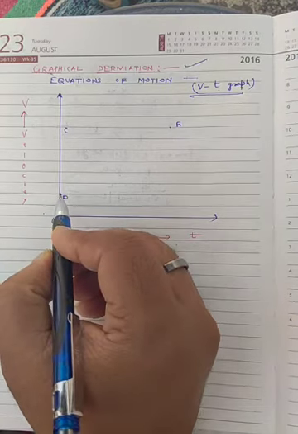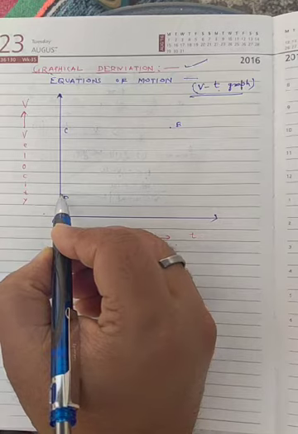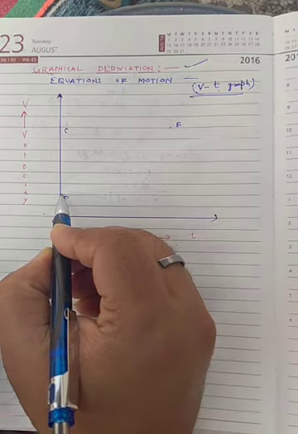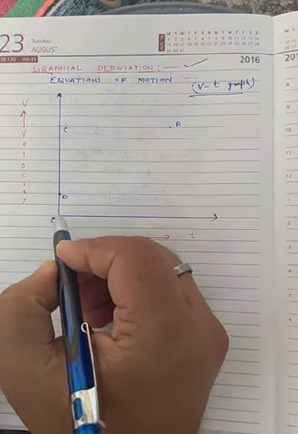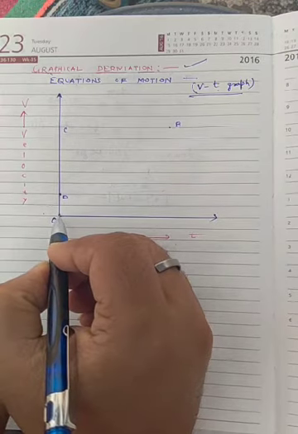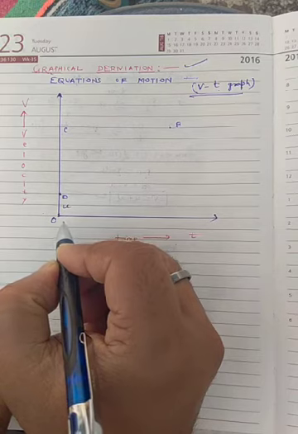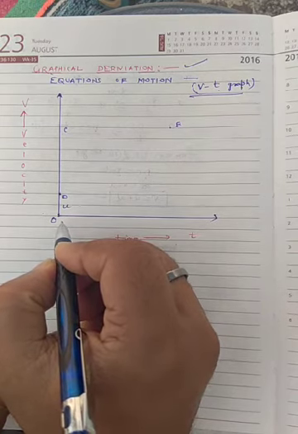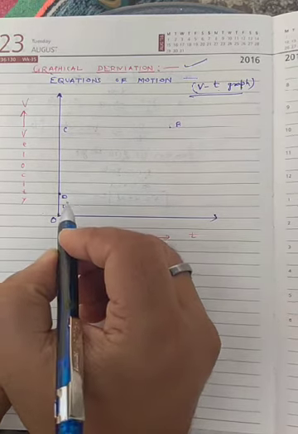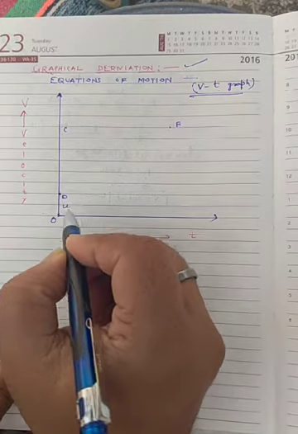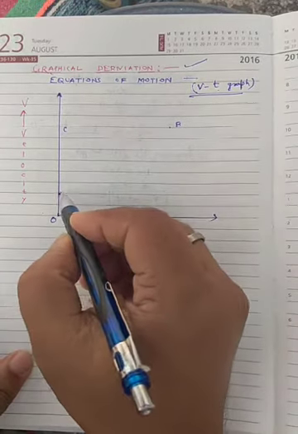From D, the object will start moving. So this OD will be U, that means the initial velocity of the body. So OD is U, and from this point